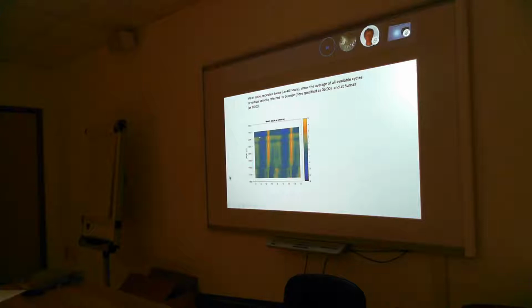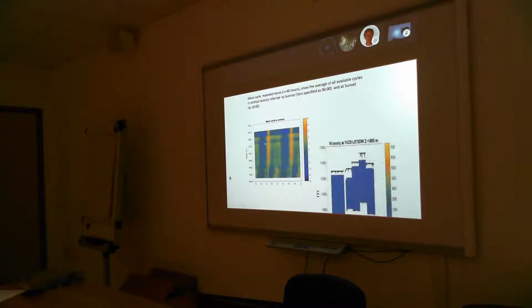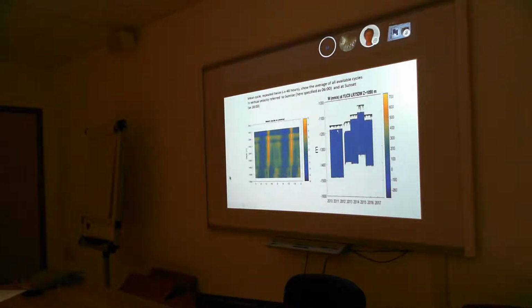Now you can actually see that there's a bunch of horizontal changes because the amount of data is different at different levels. So every change in amount of data has a slightly different mean. But here what I'm showing is 2 cycles. So this is 48 hours. And as